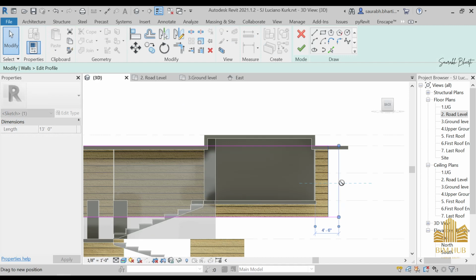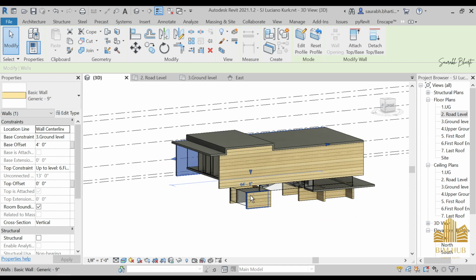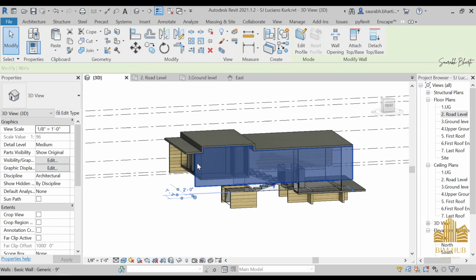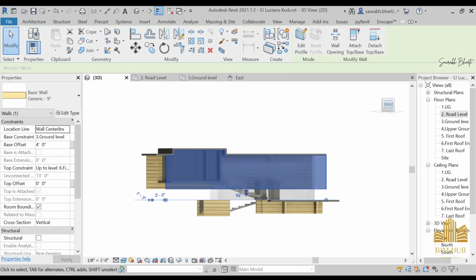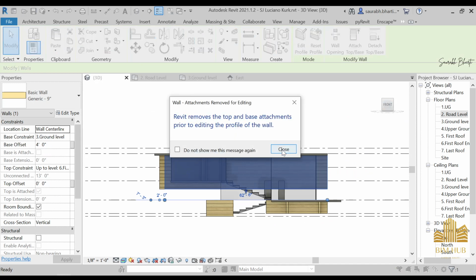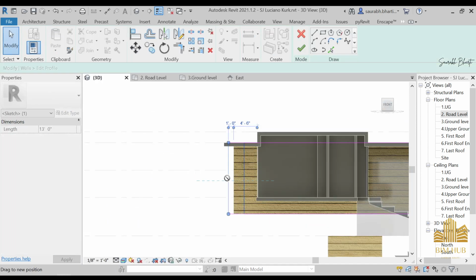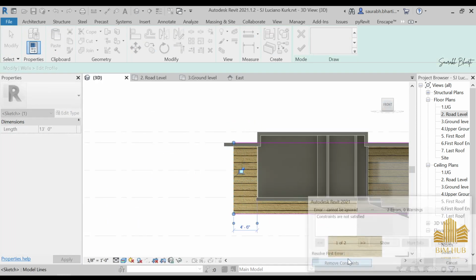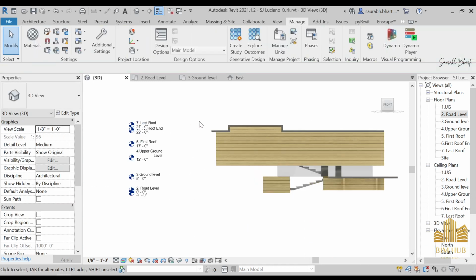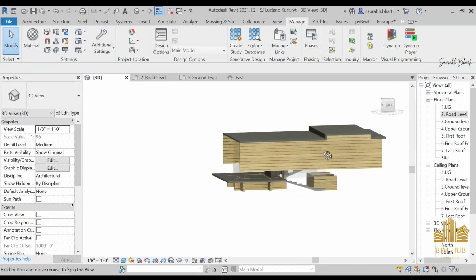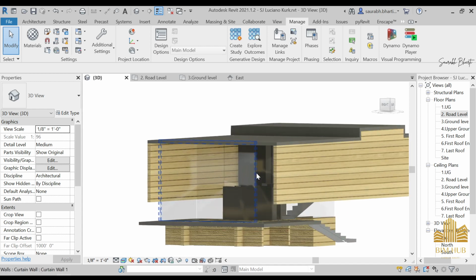So as you can remember, this is not as per our drawing, but still we are going with the reference images that we have. So with that one, okay, from here to here, remove constraint and press OK and done. So up to here our building has been made, and after that